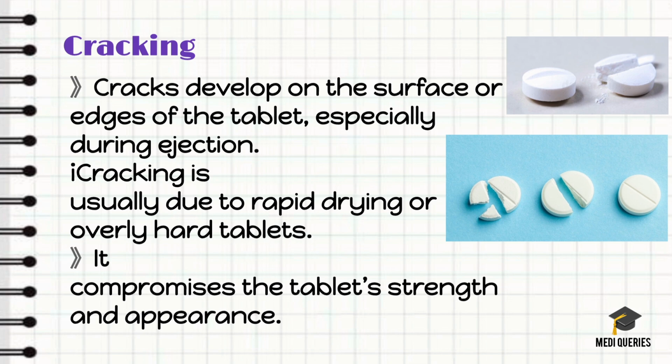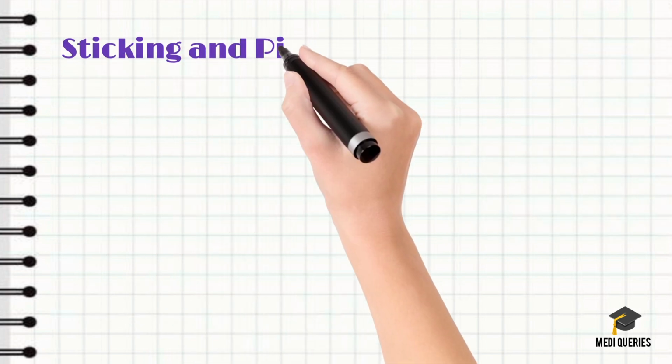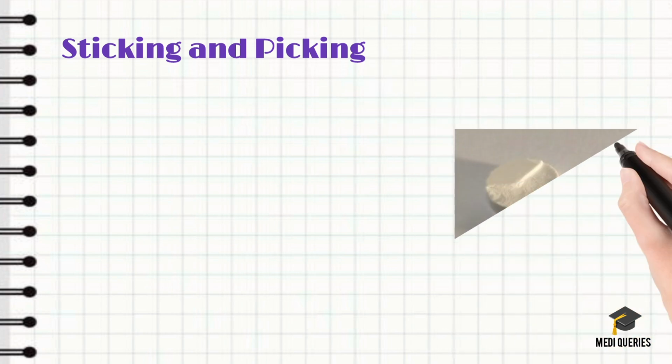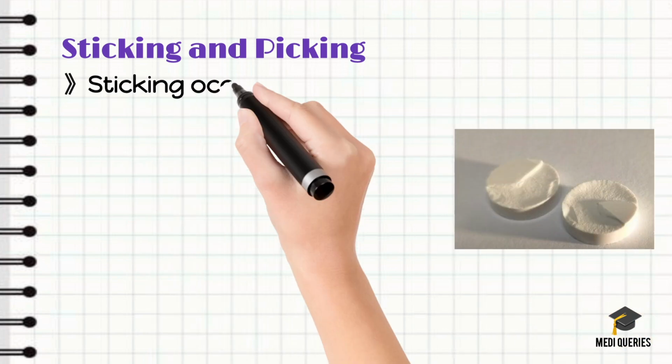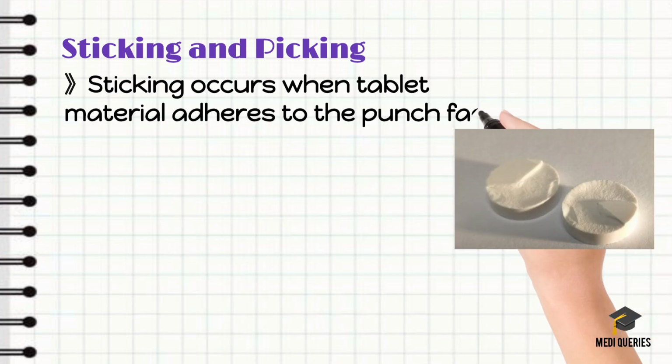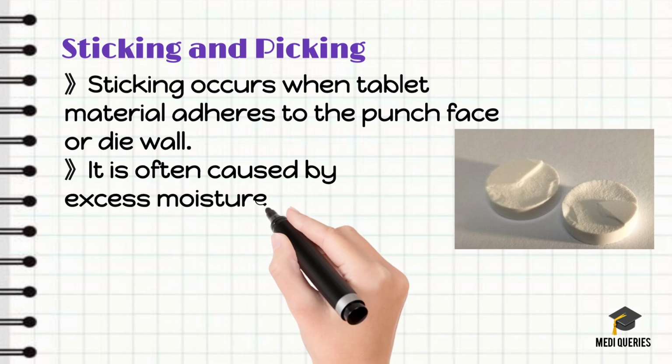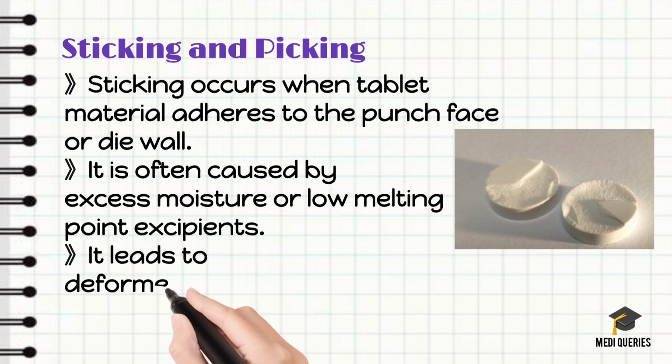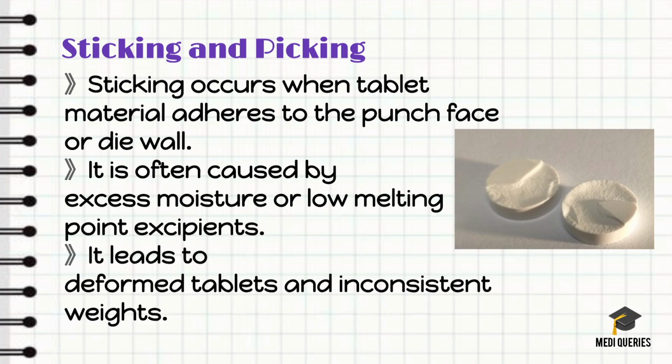So the next one is sticking and picking. That means the material sticks to the punches. Sticking mainly occurs when the granules stick to the punch surfaces, while picking refers to the sticking specifically to the embossed areas like logos. Observe the difference. Sticking means that the granules stick to the punch surfaces,